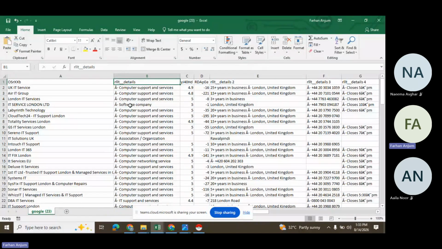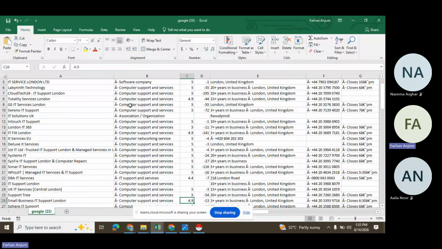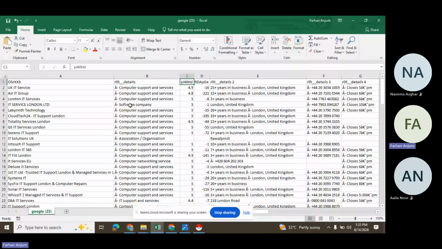All right, now moving on to the ratings. Here you can see the ratings of these companies have also been listed. So out of 5, they have 4.9, 4.8, 5, 4.9. So they are having pretty good ratings over there. They have also mentioned the details of how long they've been in this business.